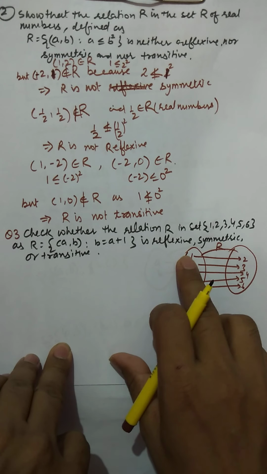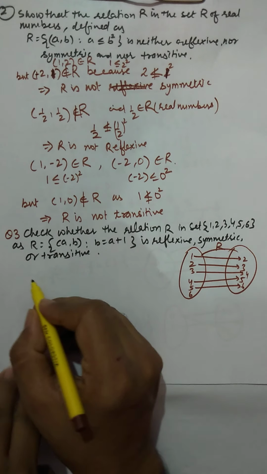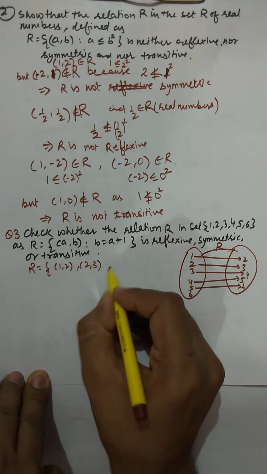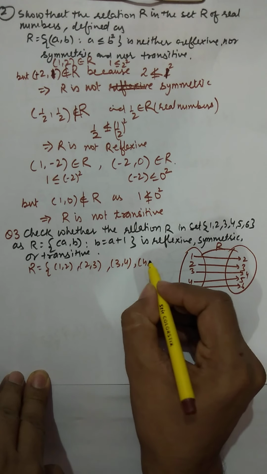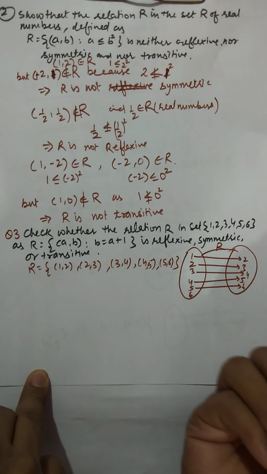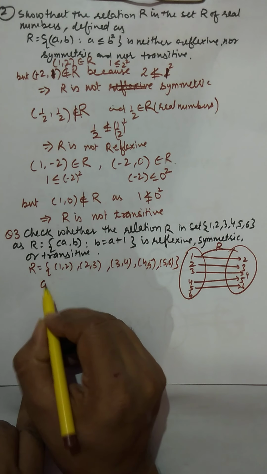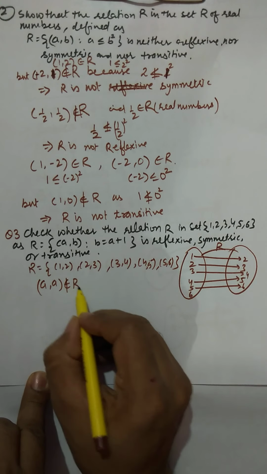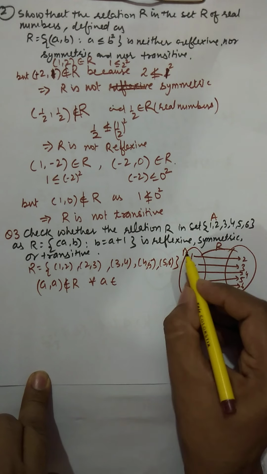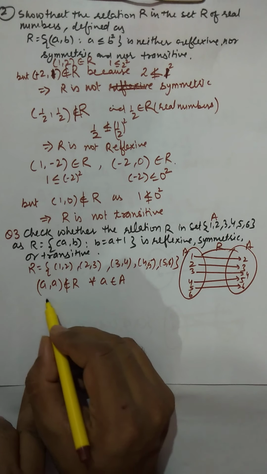So now we see this relation R. Can we see that (1,1) is there in this relation? If I write the roster form, it will be (1,2), (2,3), (3,4), (4,5) and (5,6). So in that relation I can see that (1,1) does not belong to R, (2,2) does not belong to R, (3,3) does not belong to R. So simply I write that (a,a) does not belong to R for all a belonging to this given set. Let's say this set is A, for all elements a belonging to A. So it means that R is not